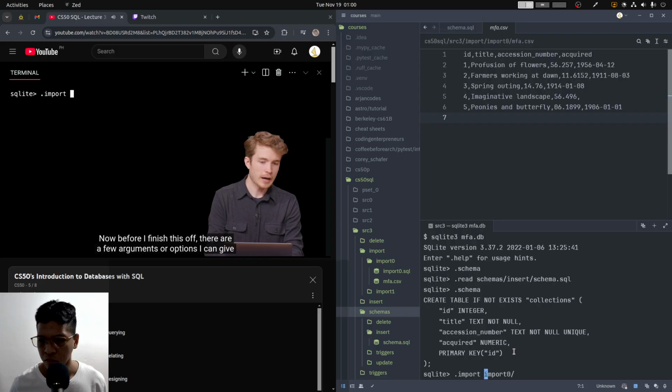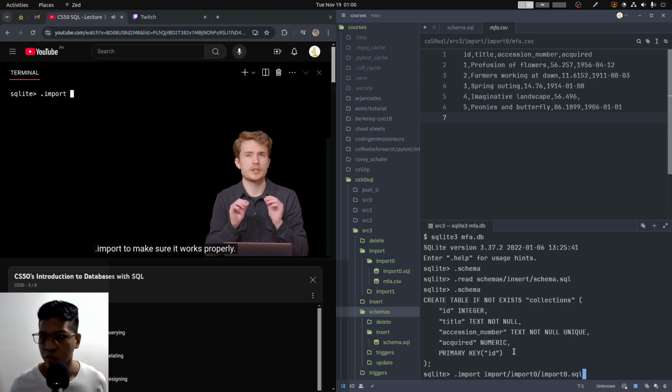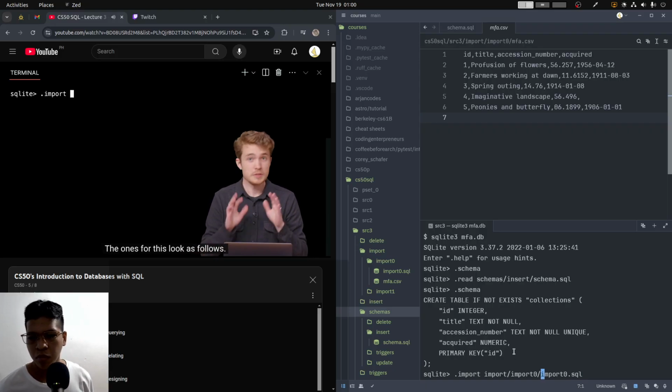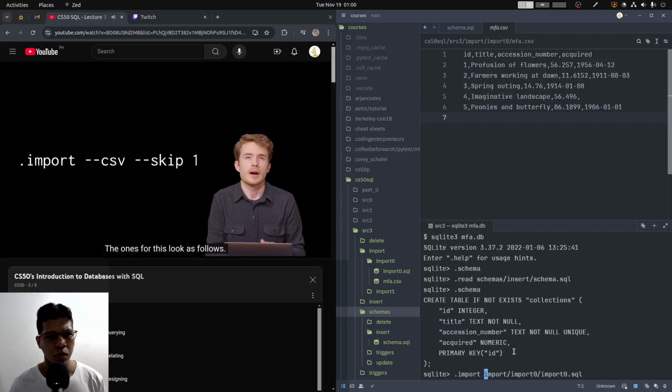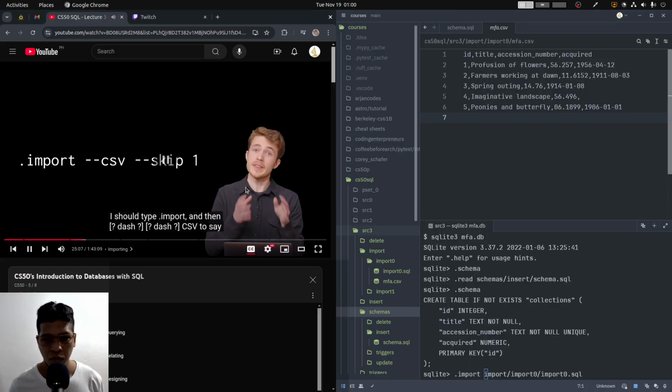Now, before I finish this off, there are a few arguments or options I can give to .import to make sure it works properly. The ones for this look as follows. I should type .import and then